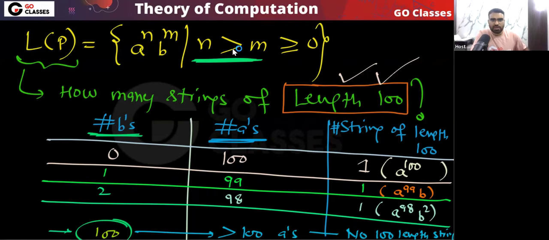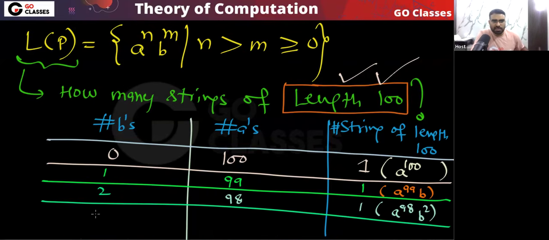Please tell me, did you understand? So where will you stop? Very simple, remember. Can I stop at 50? Can the number of b's be 50? If the number of b's is 50, then the number of a's will be more than 50, because the number of a must be more than the number of b's. Yes or no? So can I have the number of b equal to 50? I cannot have. So the last will be, and so on.